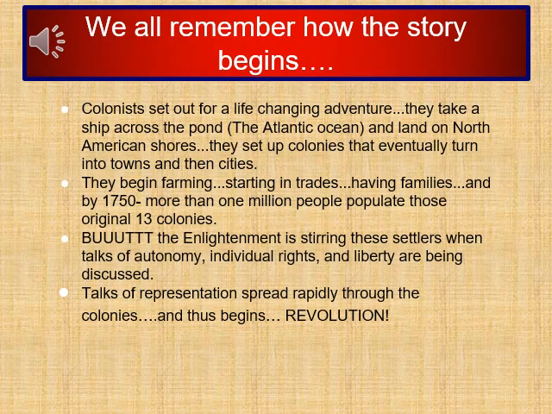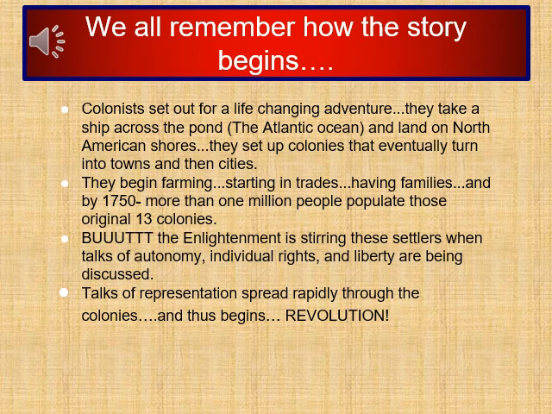So this is a story many of us know. We all remember how the story begins. Colonists set out for a life-changing adventure. They take a ship across the pond, the Atlantic Ocean, and land on the North American shores. They set up colonies that eventually turn into towns and then cities as they begin expanding. They begin farming, starting in trades, having families, and by 1750, more than 1 million people populate those original 13